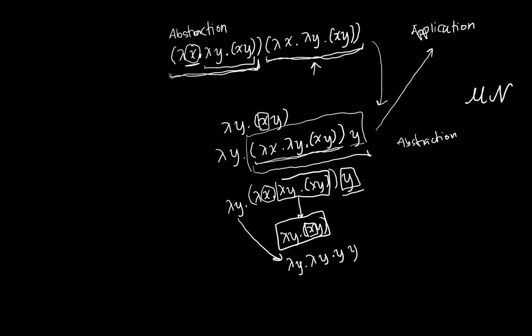So are we done? Is this the final reduction? So you cannot reduce this even more, but I actually gave you a trick question. I actually tricked you a little bit here because this reduction is actually incorrect. The reason why it is incorrect is because although x and y appear on both lambda expressions right here, if